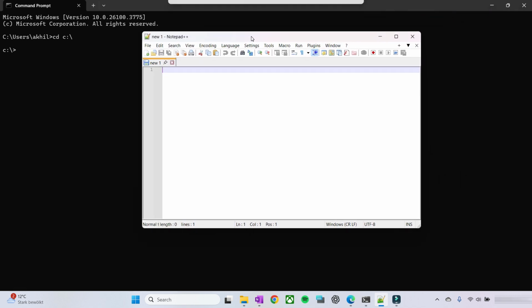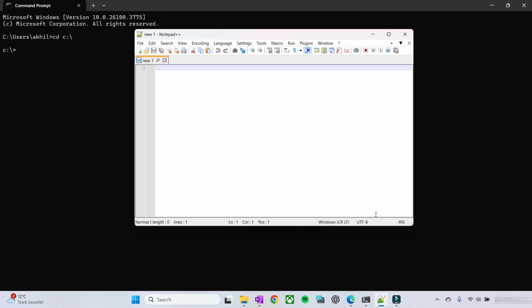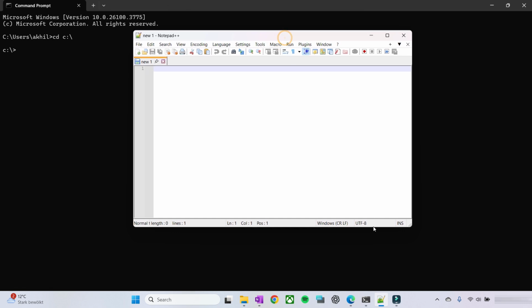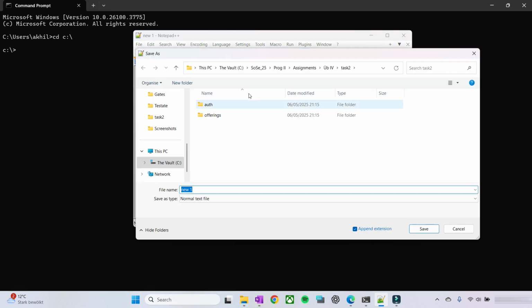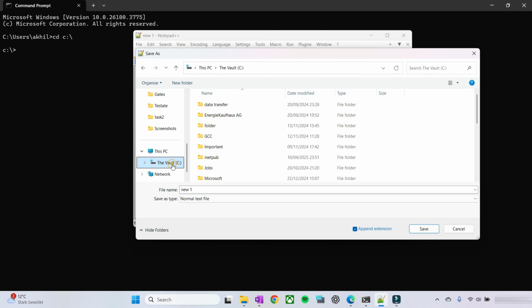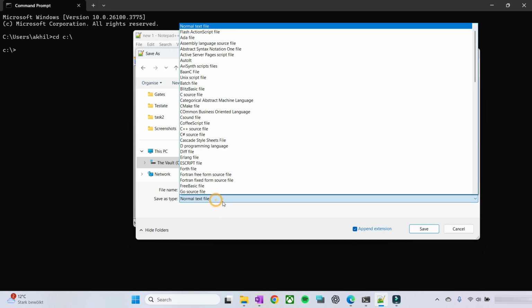I'm just going to move it in the middle. So there you can see it. Nice. I think that should be enough. The program is going to be really, really small. Before we actually write something, we need to save our file somewhere. I'm going to click Save As, navigate to the C drive, and name it hello. And I'm going to change the type to